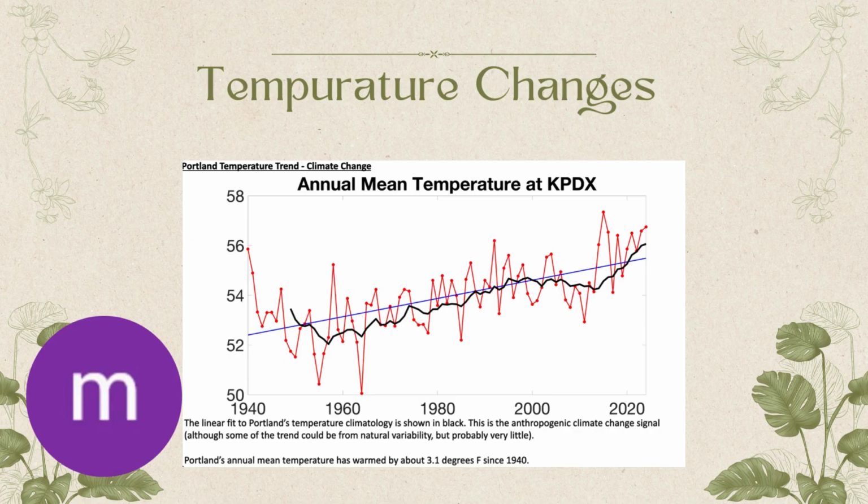As we've talked about in class, one of the most clear impacts of climate change is temperature increases. This is both seen on the cold and warm ends of the spectrum. With more greenhouse gases in the atmosphere from human activities, this has had drastic effects on global temperature. As we see on the graph, temperatures have been on the rise since the early 1900s. These temperature increases have terrible effects on the longevity of plants.